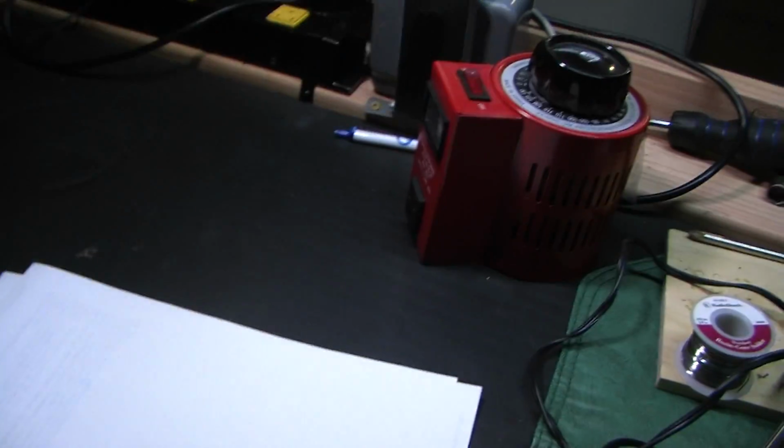But before I even get to that point, I need to figure out the value of the series capacitor. Now this is going to be interesting. I want to go through the theory of this. Let me pop this on the tripod here. I want to go through the theory